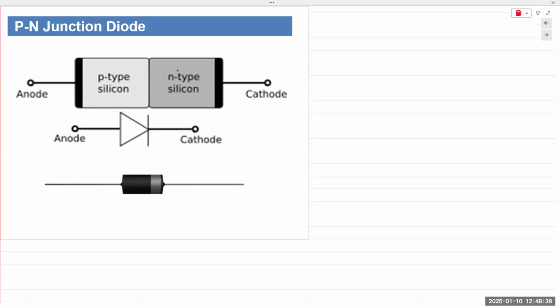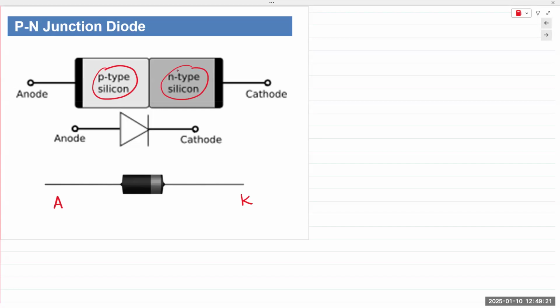The symbol for a diode is this triangle with this vertical line right at the arrowhead. That line signifies the cathode, and the tail end of the arrow is the anode. Anode is where the P-type silicon is, and cathode is the N-type silicon. They're also referred to as A and K. On an actual diode,